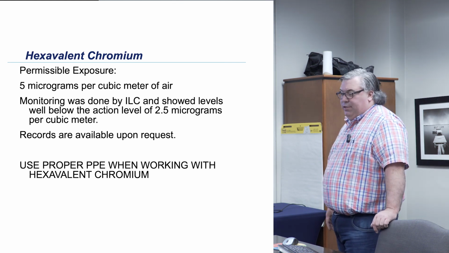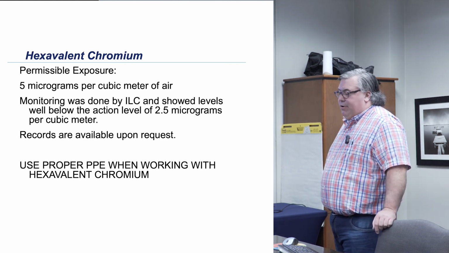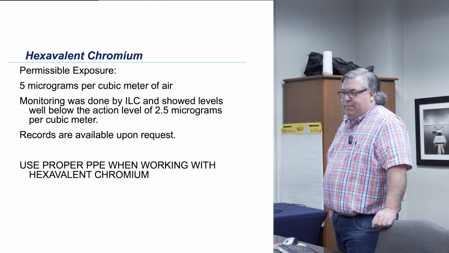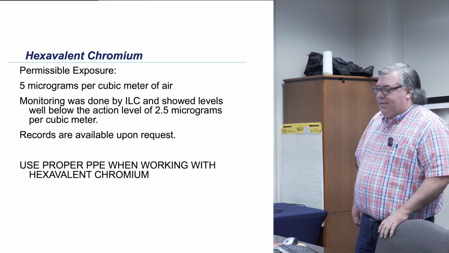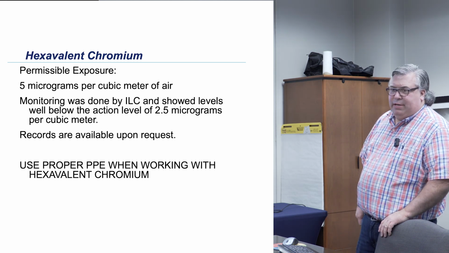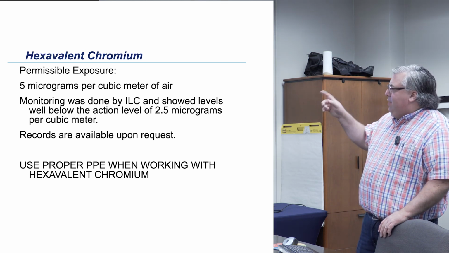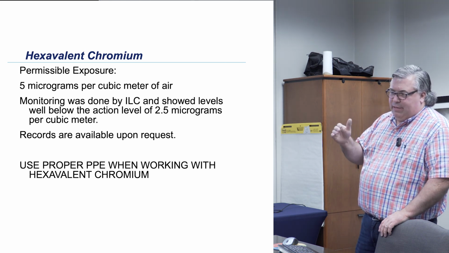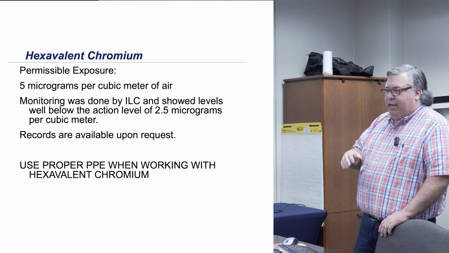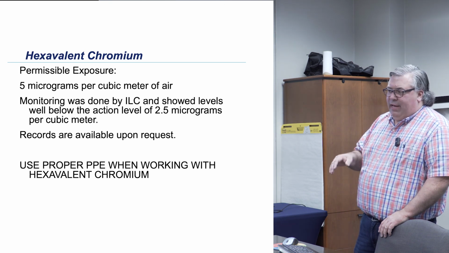Permissible exposure, just like cad, 5 micrograms per cubic meter. So a very, very small amount that you can breathe in. And like cad, we tested it and we were at essentially undetectable limits. With hexavalent chrome, there's the 5 micrograms that you can't be exposed to, and there's also a 2.5 threshold limit. At 2.5 micrograms,